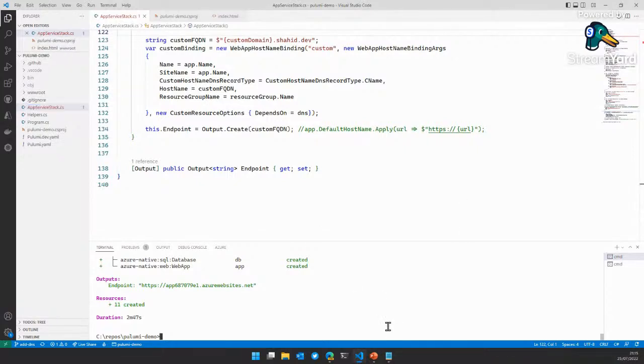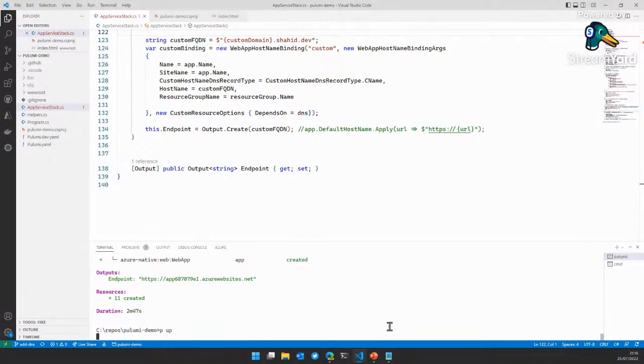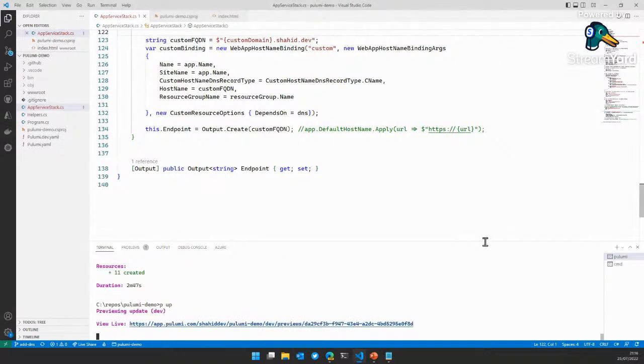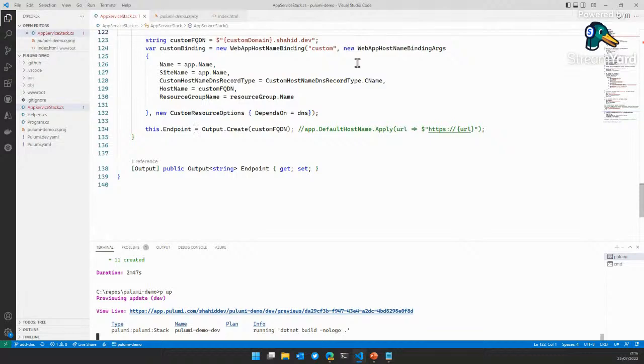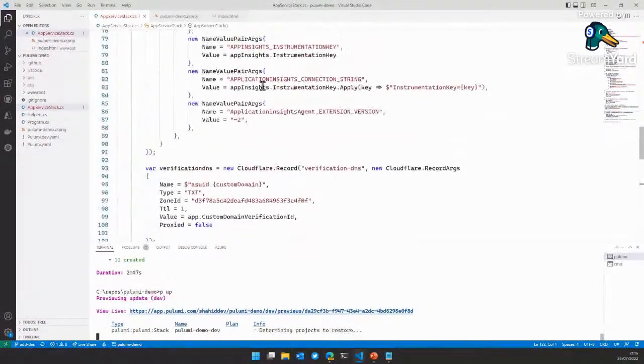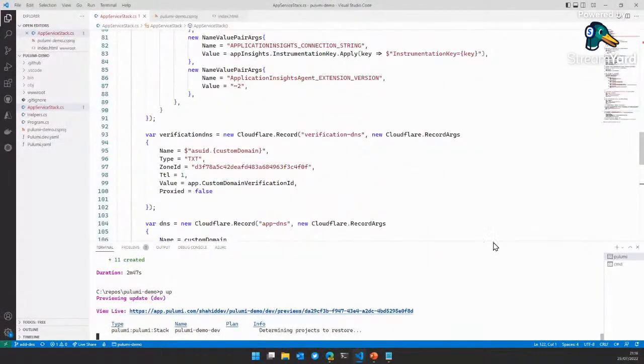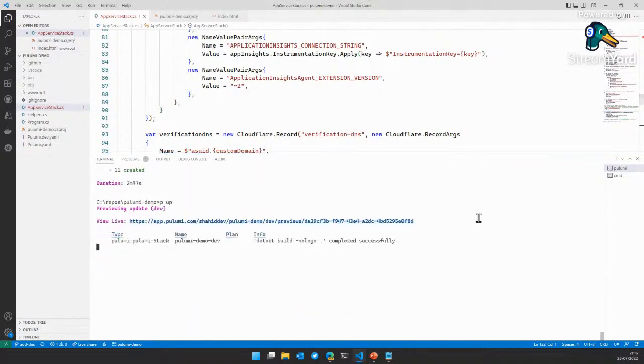But what I can do is a pulumi up on this. Really conscious we're running quite over on time. In this example, I've deleted a bunch of the other resources I didn't need, so you'll see some deletions in here, because it doesn't really need them.